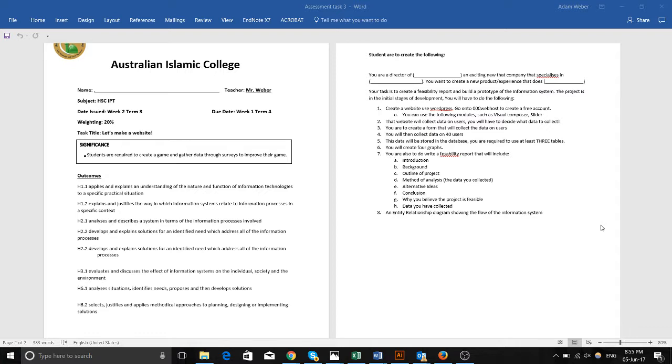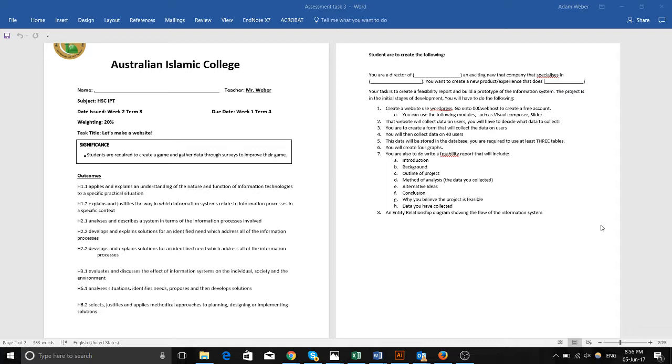Outline of project. How is this project going to be developed? A Gantt chart would help here, but we've done plenty of Gantt charts, so we won't bother with that. But outlining the project. So for example, how is this project going to be built? How are you going to make sure that it's all working correctly? That you actually deliver this product or experience. So go crazy with that. We'll talk a bit more about that in class, but you just need to explain how you're going to achieve it. How is this project going to work, and what are you going to do to make sure that it works?